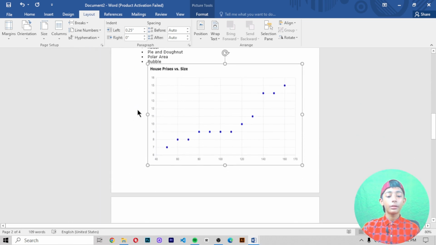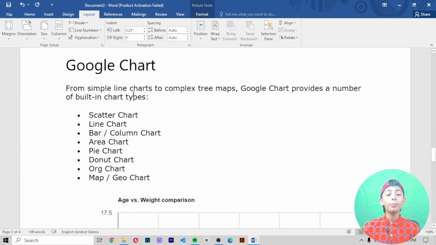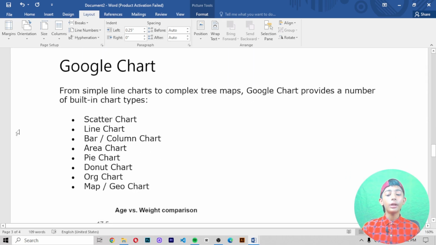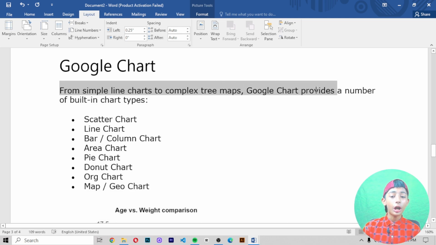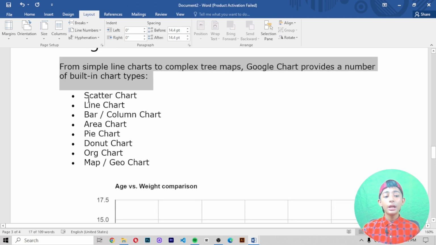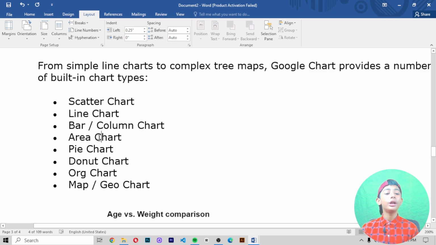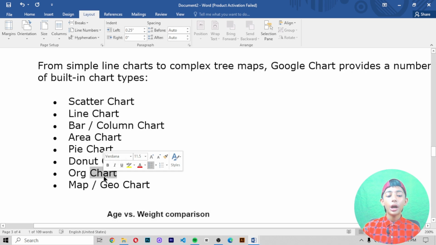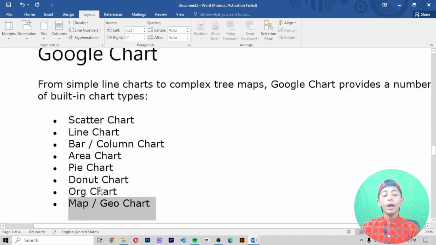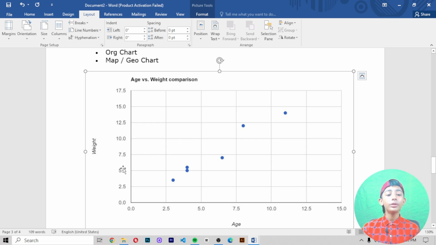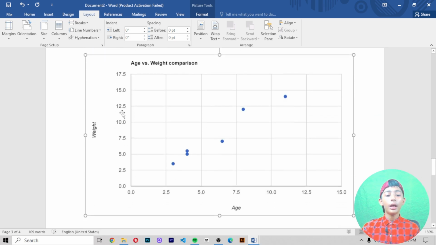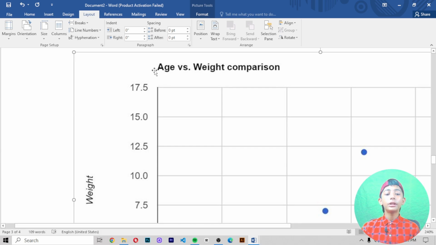Okay. Now let me tell you what Google Chart is, and let me give you an example of it also. Google Chart, from simple line charts to complex tree maps, provides a number of built-in chart types like scatter chart, line chart, bar column chart, area chart, pie chart, donut chart, org chart, and map geo chart. And this is a diagram of Google Chart, and in this diagram it is comparing age